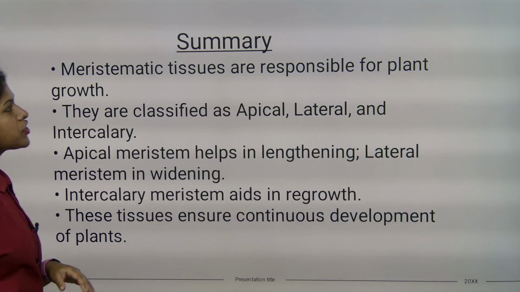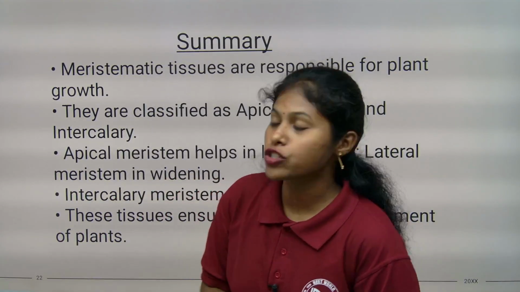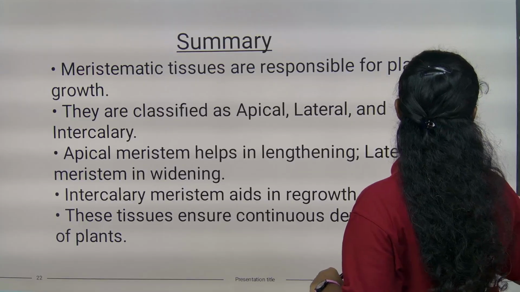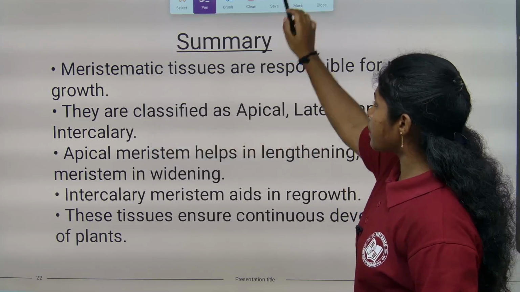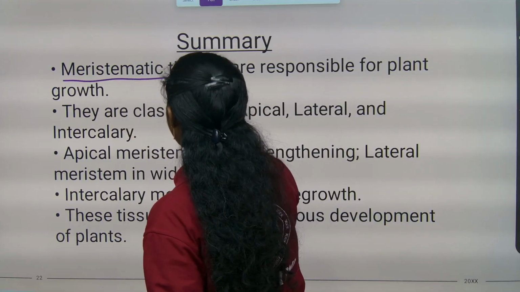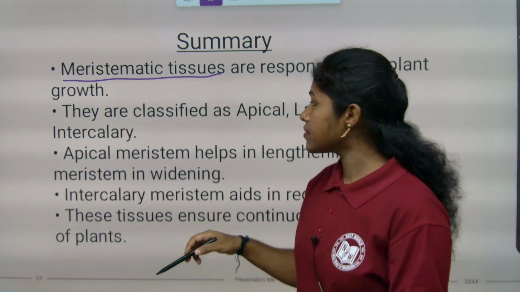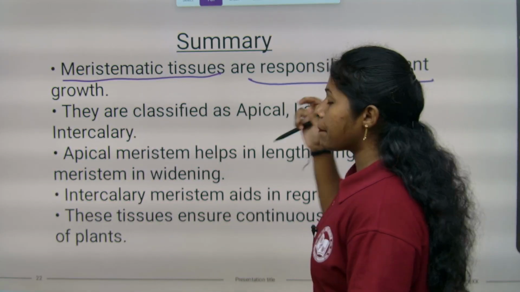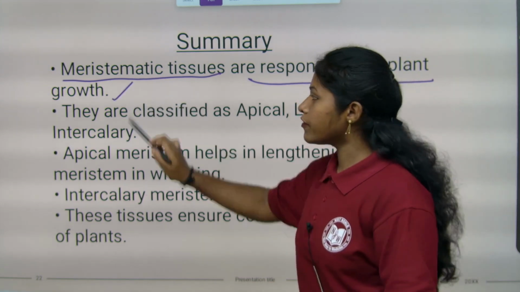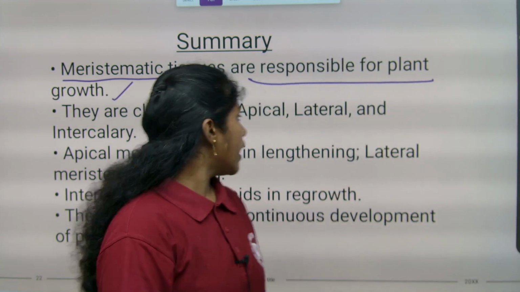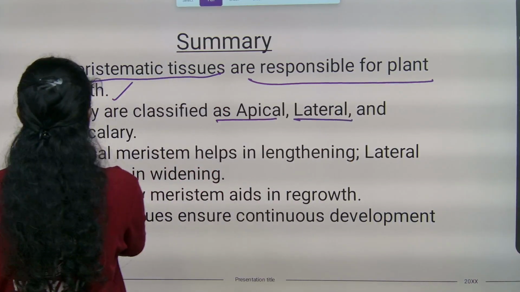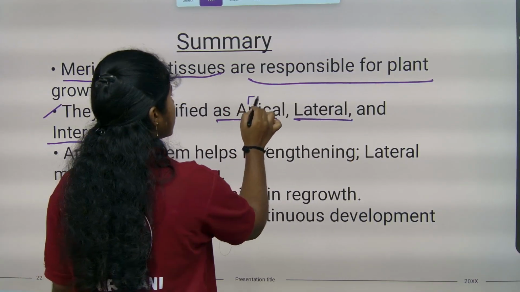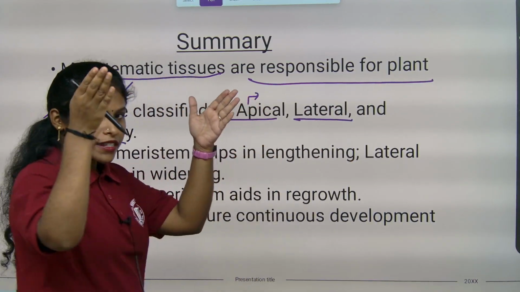For the summary, children, what we can say is that meristematic tissue is responsible for plant growth. Of course that is true, right? Meristematic tissues are actively dividing cells. They are also called meristems, and they are responsible for primary plant growth, right? They are classified into apical, lateral and intercalary. Apical is present in root tips and shoot tips, and lateral is present at the sides of the